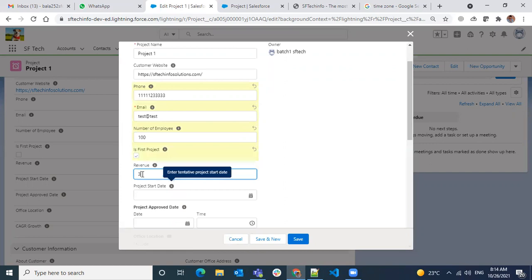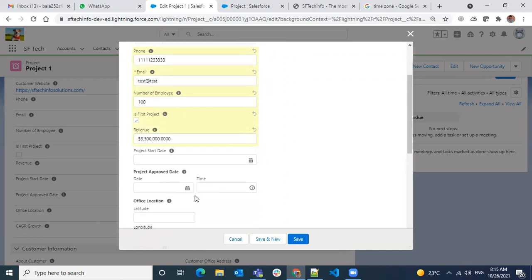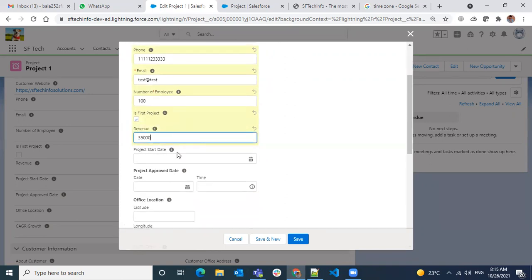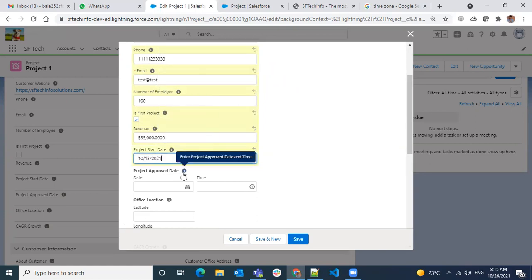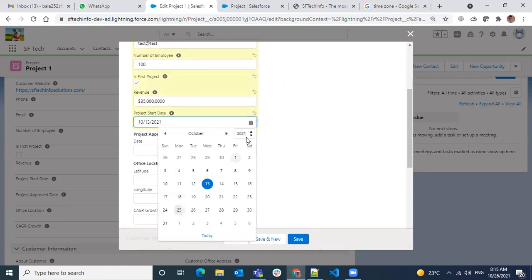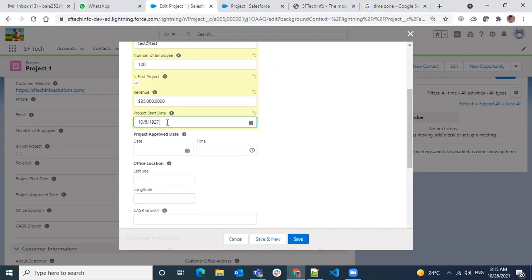The revenue is something like that. Okay, 3 million. And you see, it will automatically change it to comma separated and dollar values. Then when it starts, it will give a date. So you see the calendar is coming in. So you have the option to select any date over here. You can pick, and even you can type over here as well. That is also fine. When you have a date time, you can pick